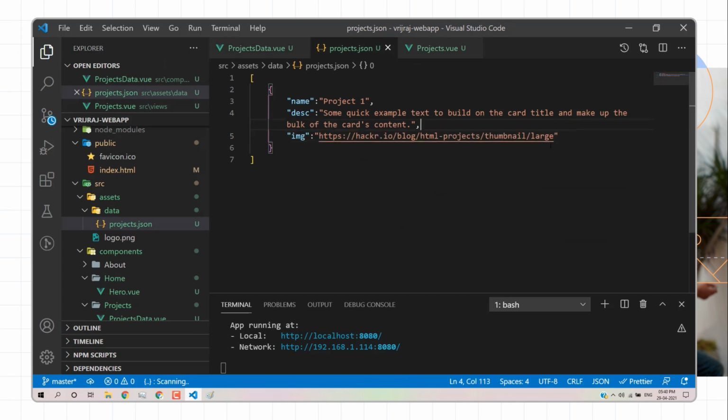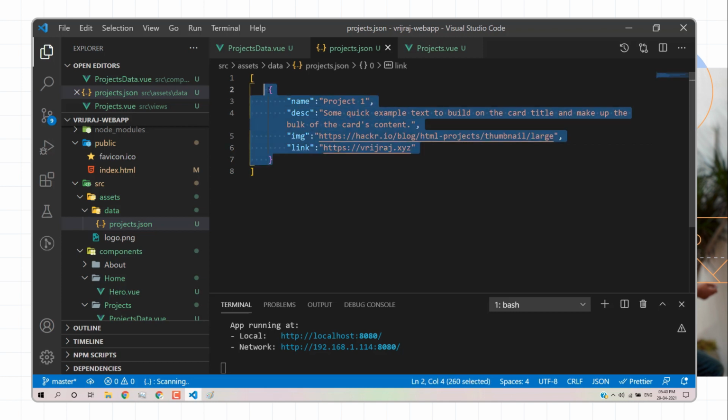Now we need a link, so we will add a link as a key-value pair. Here you can mention the links. Let's say https://bridgeraj.xyz. You can mention any links. So this is the first project.